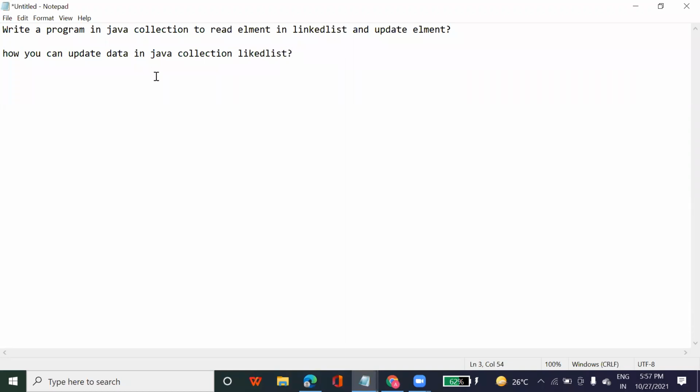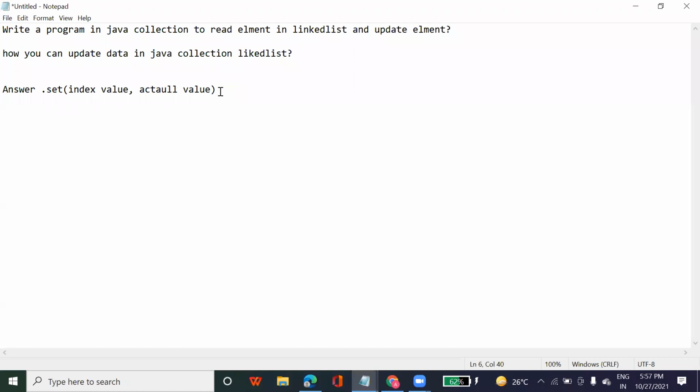So you should be able to answer that. So what program you're going to write? First of all, you should remember the function name. What function we're going to use? The dot set function. What parameters does it take? It takes your index value, and the next one is the actual value that you want to replace it with. So you should remember this. If you remember this function, you can do any program.